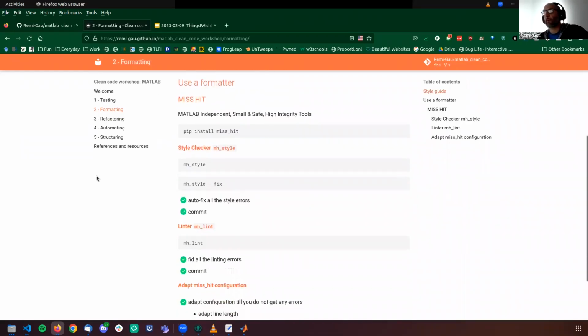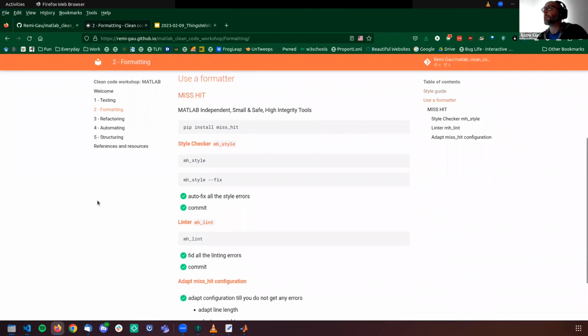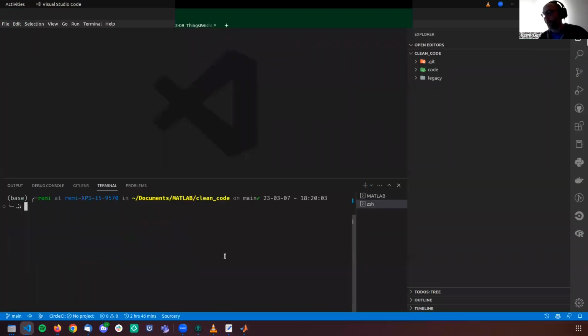Okay, so I'm going to quickly show you how you would use mishit to help you format your code. So see it here in the formatting section on the website. First of all, you need to install mishit.